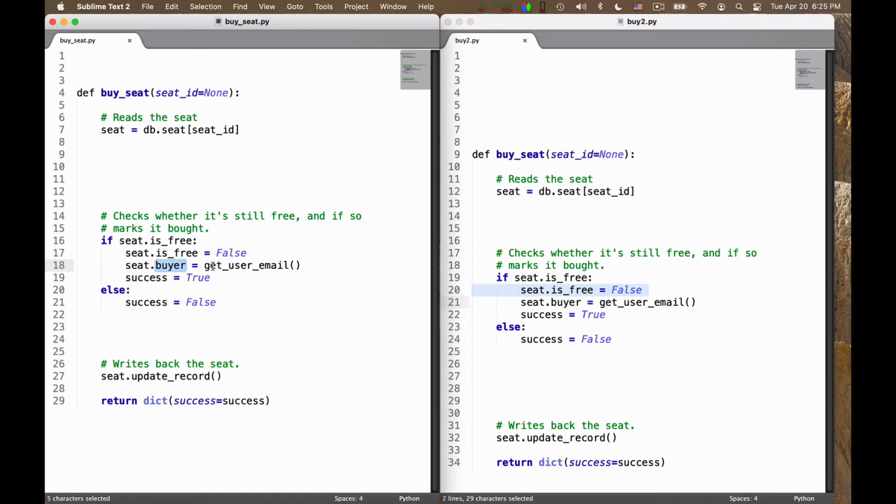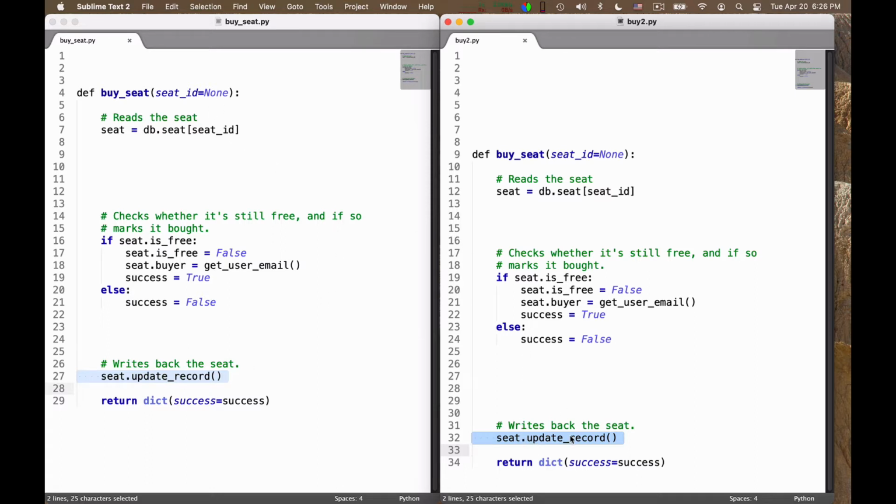I mark the seat as bought by the current user who requested it. I set success to true. And this would happen also in the other server. And then you would first write it here for user 1, and then write it here again. So if you wrote the code in this way, what would happen is that both users click on the button to buy the seat. To both users you reply that they succeeded, so they believe that they have reserved their favorite seat in the aircraft. But actually